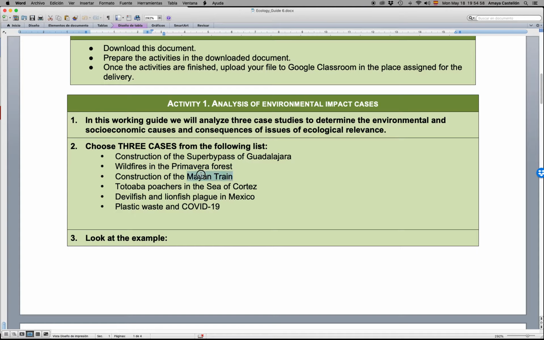This is trending. It's a really important topic because it's causing a lot of issues, a lot of problems in the Mayan area. Totoaba poachers in the Sea of Cortez. This is interesting because, remember when I told you in class that Totoaba is very expensive? The bladder of the Totoaba is very expensive. It's a fancy dish in the United States. So it's killing